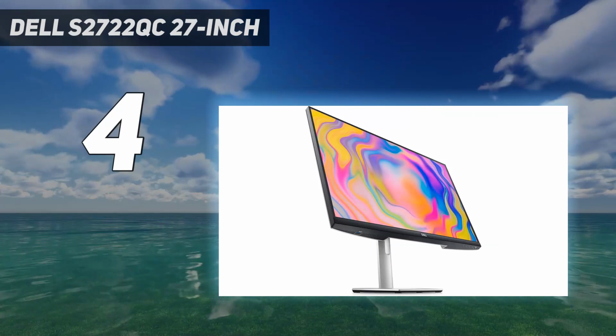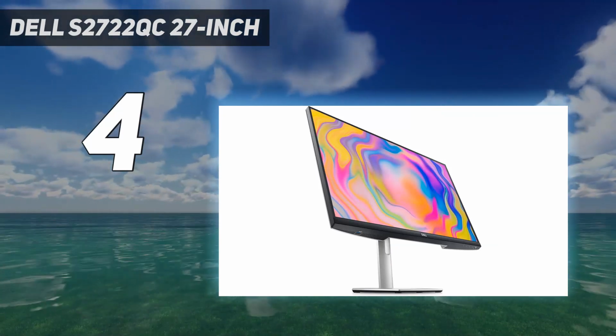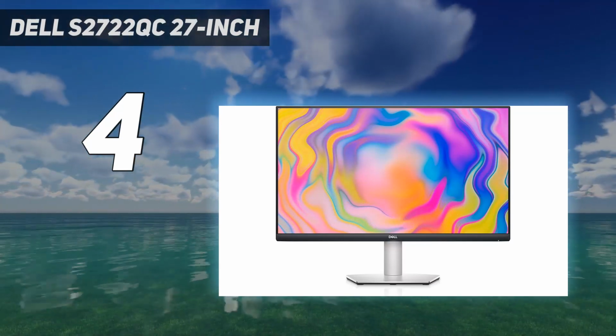Although it has a more narrow swivel range than the more expensive option, its ergonomics are still excellent, and you won't have any issues adjusting it to an ideal position. At number 3. Dell UltraSharp